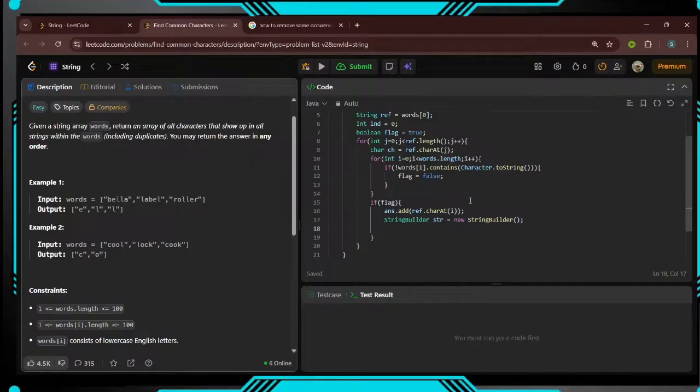Dot contains. Okay, if it is contains. Okay. So